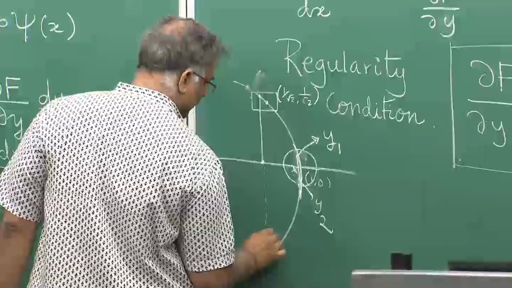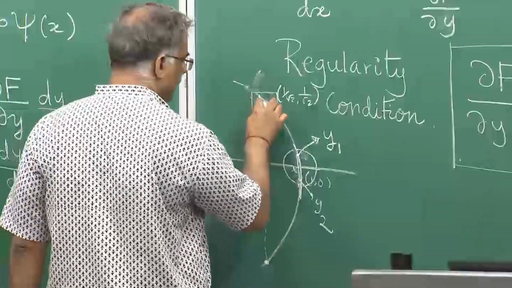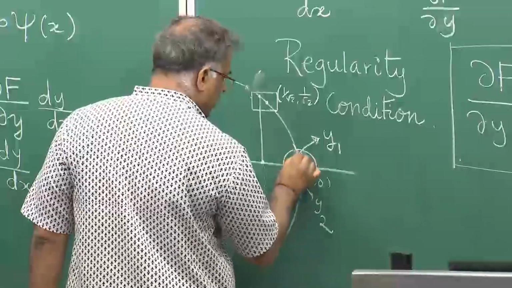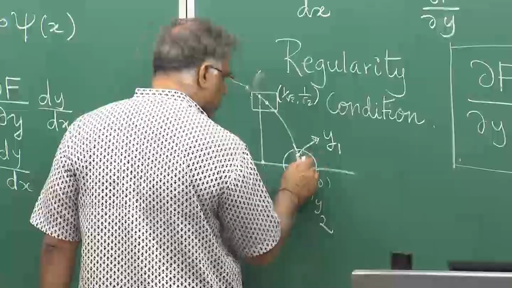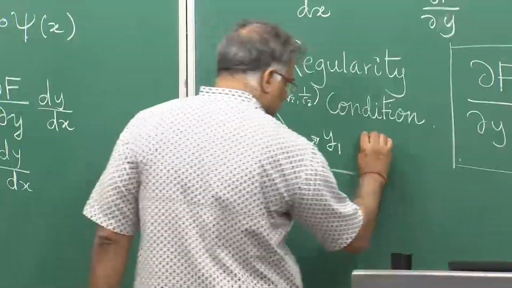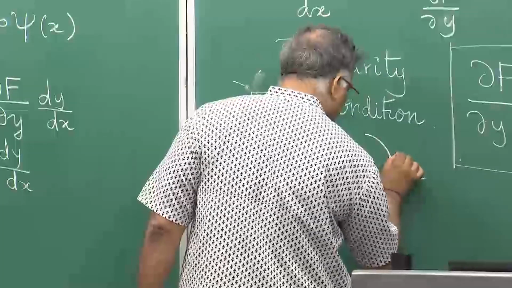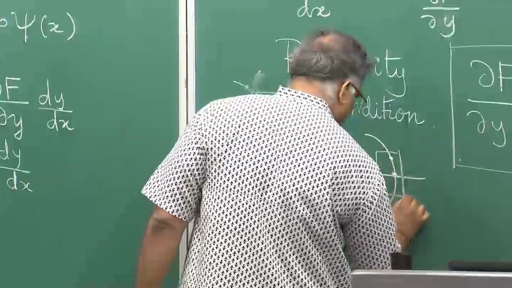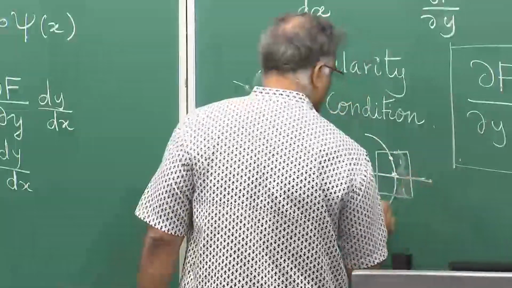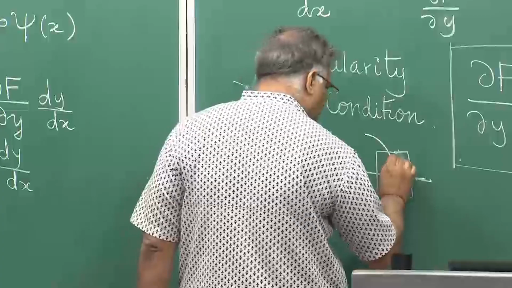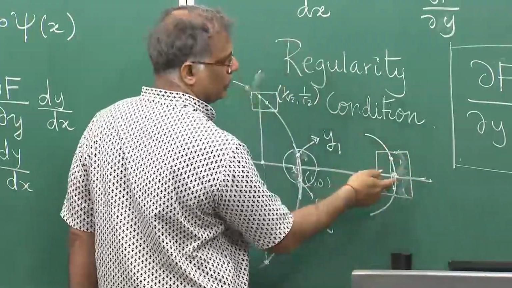Any other y that you have, the corresponding symmetric y that you have does not lie in this neighborhood. Here what is happening, if you take a y1 here, you can symmetrically, because you have taken a circular neighborhood, even if you take a square neighborhood, it does not matter. What happens is that if you take this point here, there is another symmetrical point in that neighborhood which